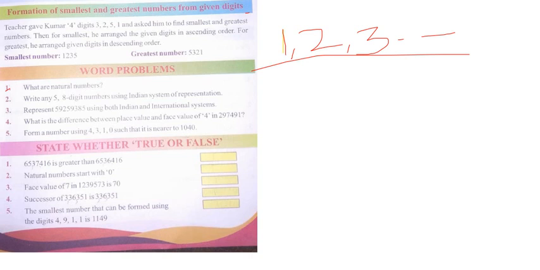Then next, write any 5 and 8 digit numbers using the Indian system and represent them. Very good, we don't have any problem. So we can write 5 6 4 2 3. This is a 5 digit number. First we complete this, after that we can see the next 8 digit number. So I took this 5 digit number, and in the Indian system, how to write it, guys? 5 6 4 2 3.